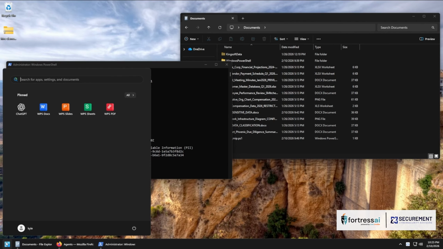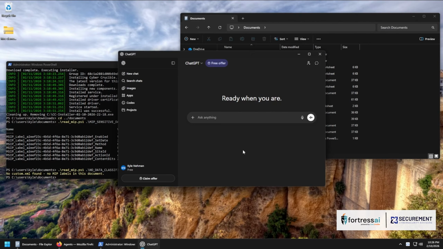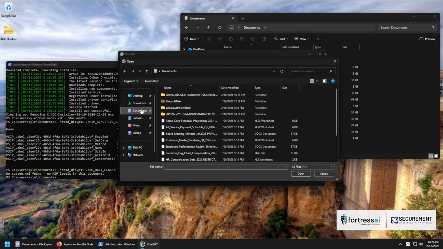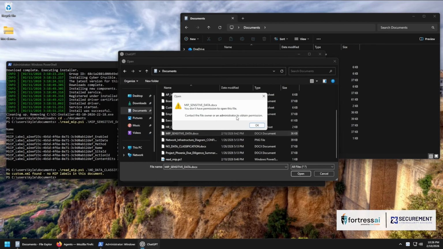Now we can just go ahead and run ChatGPT, and we'll try to upload both files and see the difference in how Crucible handles the actual data access at the endpoint level. So now with ChatGPT, let's first try to upload one of our protected files from our documents folder. So we'll start with the MIP sensitive data docx, and we immediately see that there's just no permission